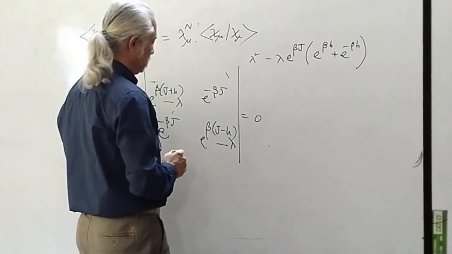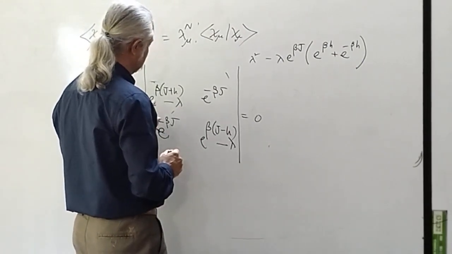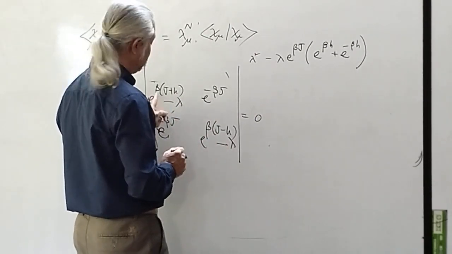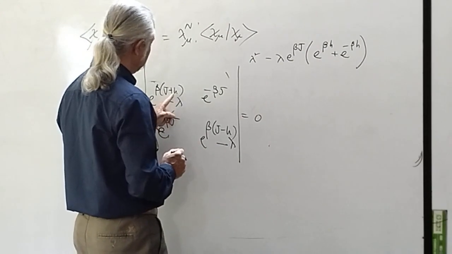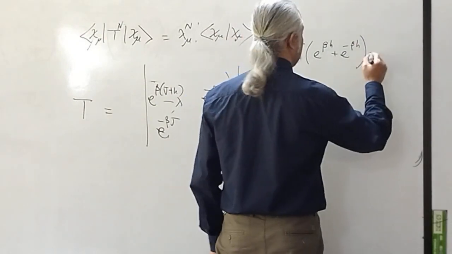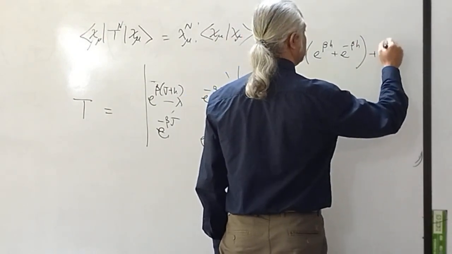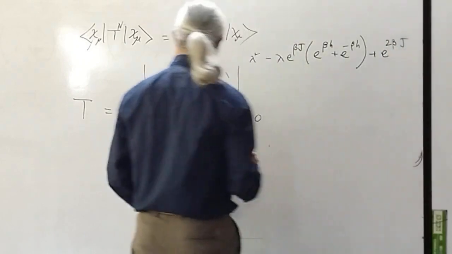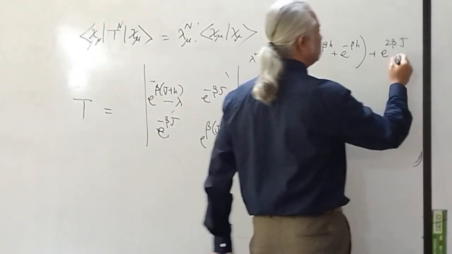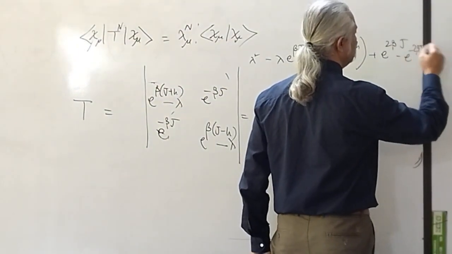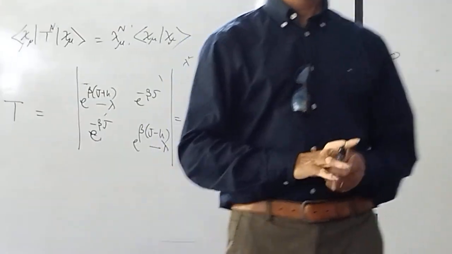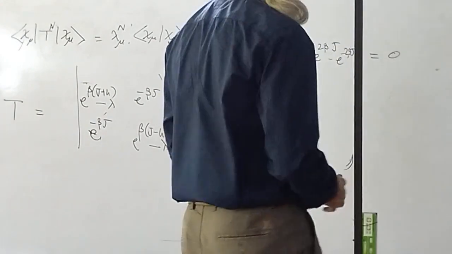ক্লিয়ার? তাহলে ল্যামডা স্কয়ার আর এটা কোন করলে কত হবে? 2 beta h আর h will cancel out, e to the power 2 beta j, তাহলে plus e to the power 2 beta j minus e to the power minus 2 beta j, minus e to the power minus 2 beta j equal to 0. So this is a quadratic equation and will give you